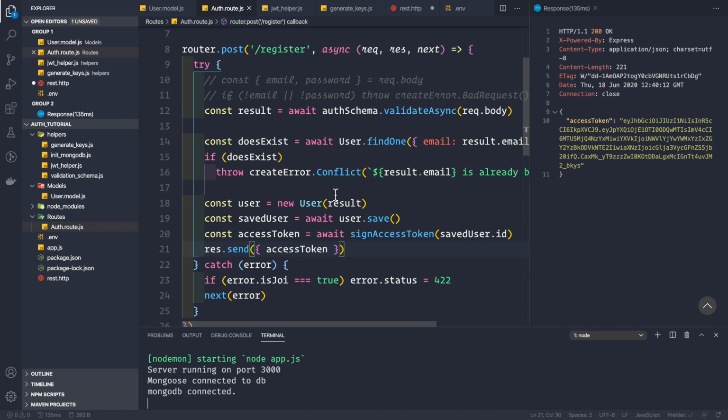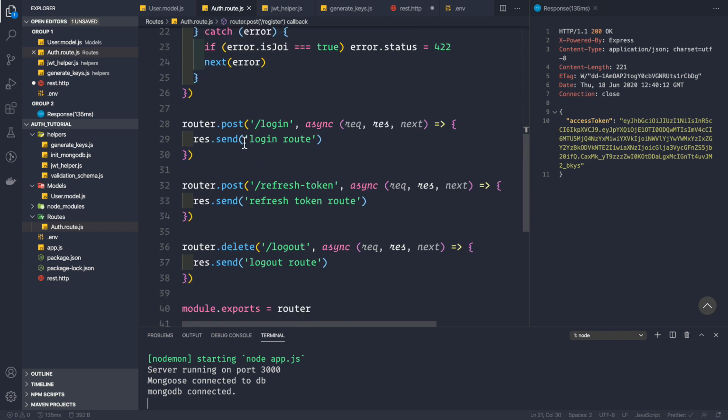Okay, so now we know how to register a user and send back an access token to the client whenever he or she registers. But there is one thing left, and that is the refresh token, and that will be done later in this series. But for now, let's handle the login route. That is, if someone wants to log in inside our application, if he or she has already registered. So let's see how we do that.